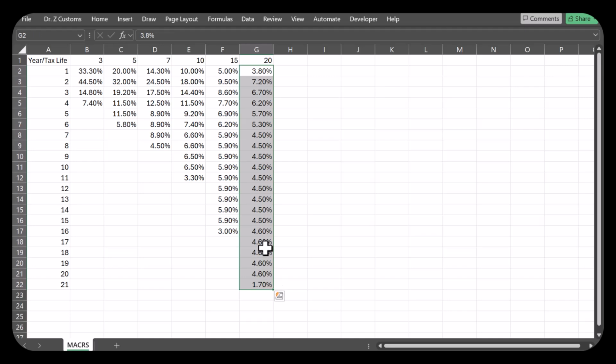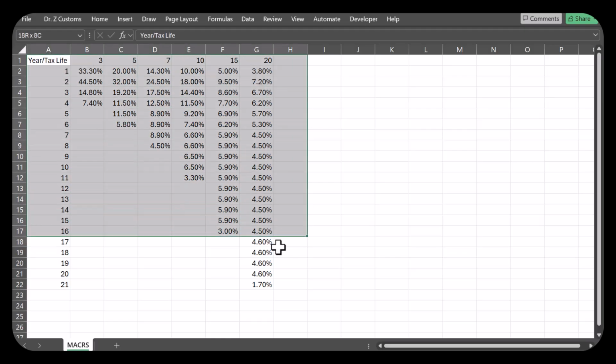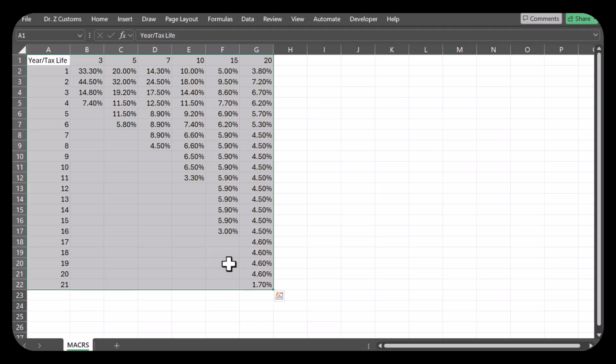We will actually use these for our calculations. Since I'm going to be using this, I'm going to select all of this table and give it a name so that it'll be easier to refer to later. It is not that difficult by itself. So I'm going to call this maker